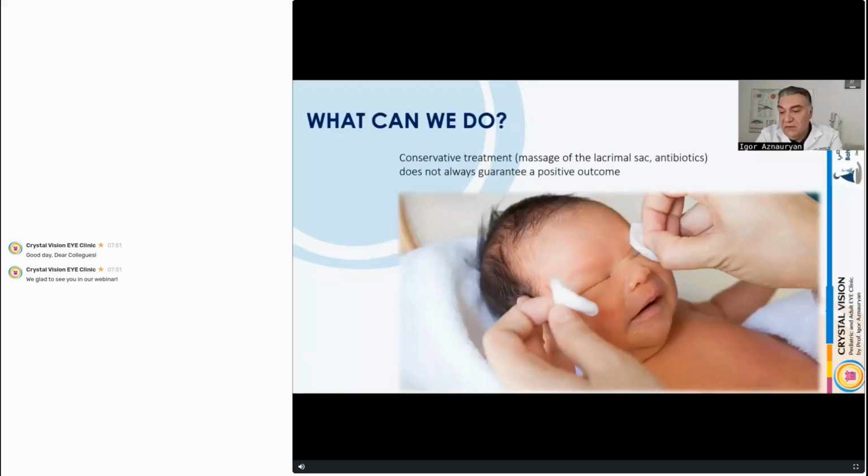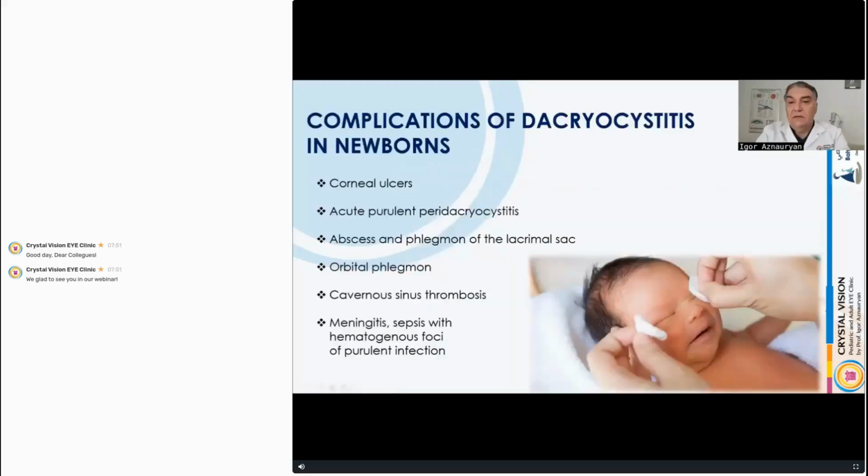Now let's talk about the various treatment methods that can and should be applied for this pathology. There are different and effective options available. We have already mentioned that inadequate and untimely treatment can pose a threat. Various complications can arise, including the possibility that a prolonged purulent process may lead to the formation of an ulcer